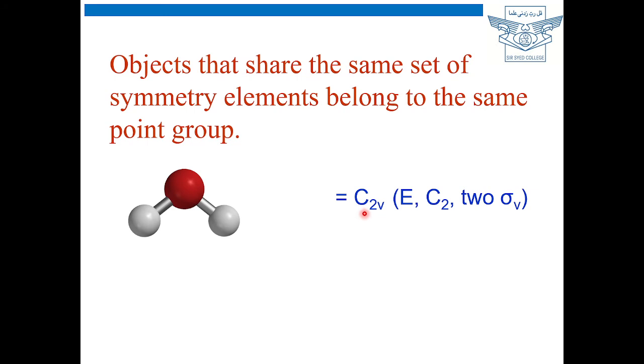You will get questions: define order of a group, for 1 mark. What do you mean by order? The total number of symmetry elements present in a point group is called the order of the group. Example, for the C2V point group, the order is equal to 4. Now, these are other examples for C2V. These are all C2V molecules only.